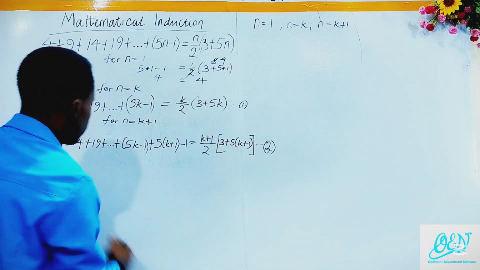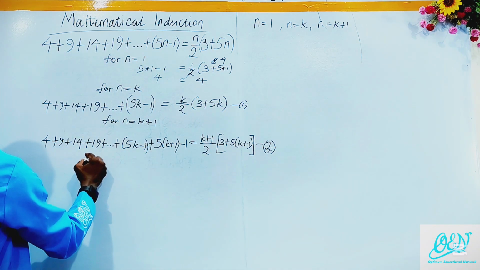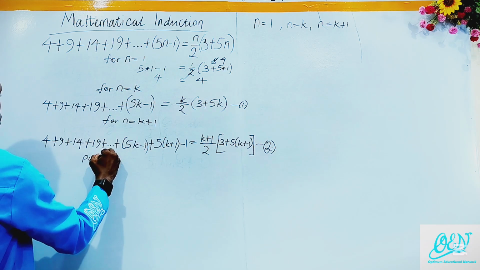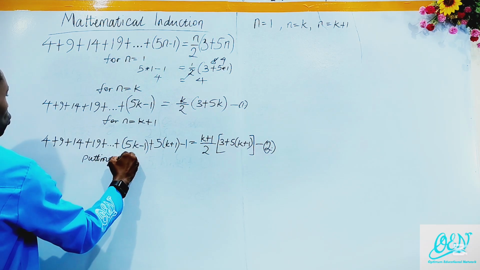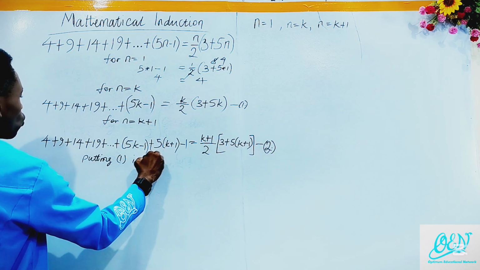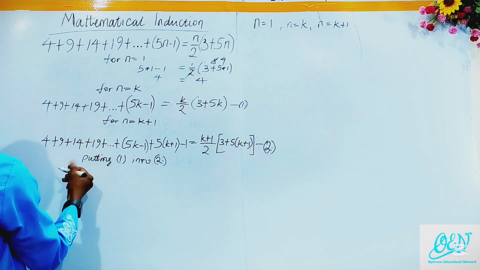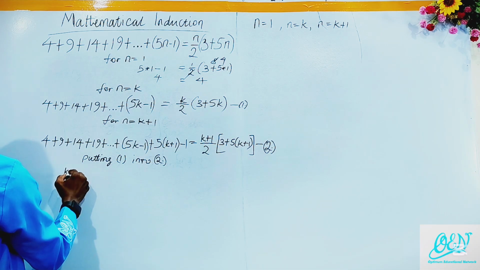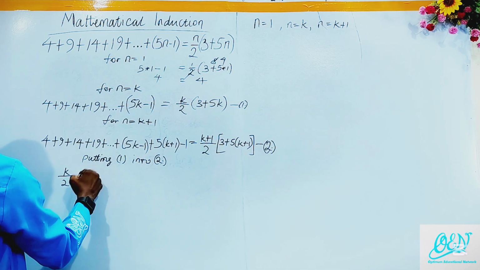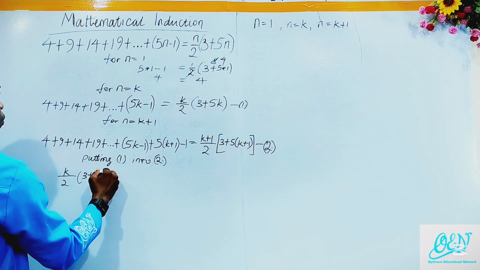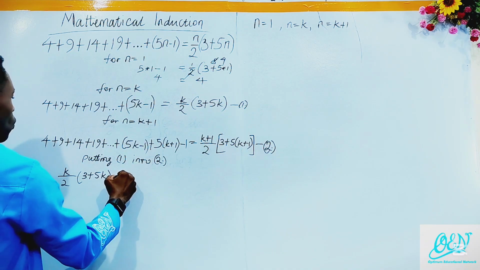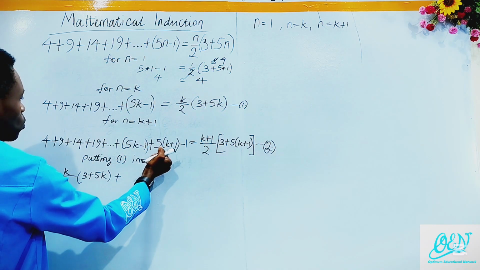To make the work neater, putting equation 1 into 2, we now have this, replacing this now, k over 2, 3 plus 5k plus this now,